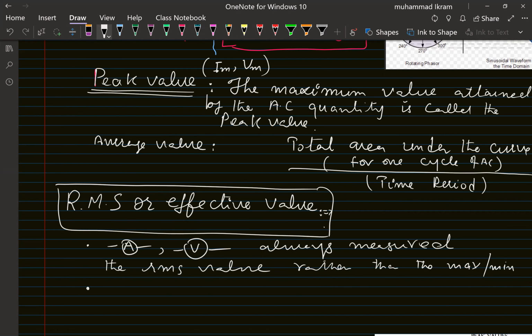And the second most important thing is that the RMS values